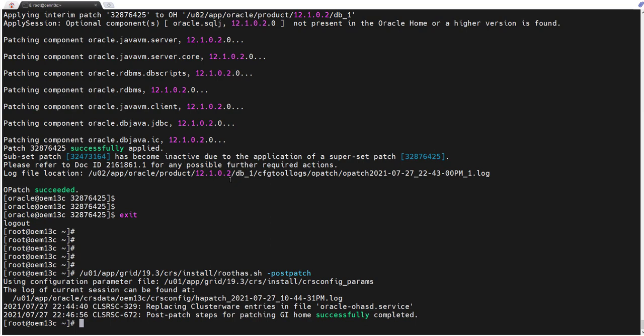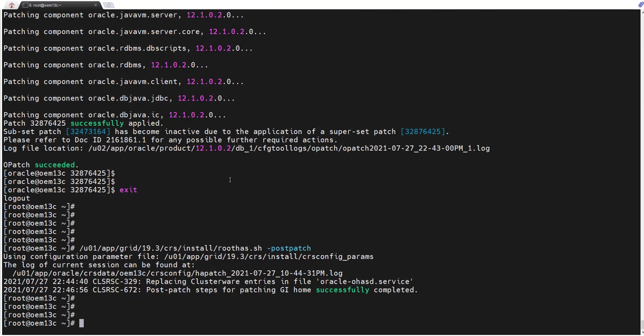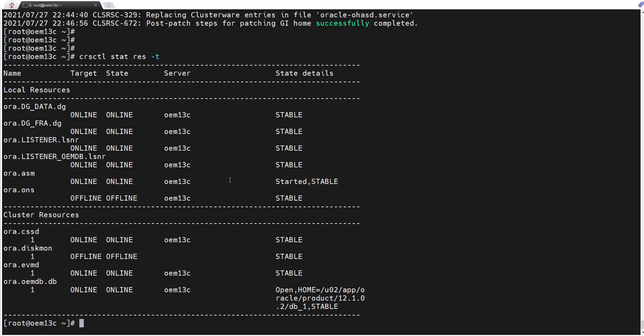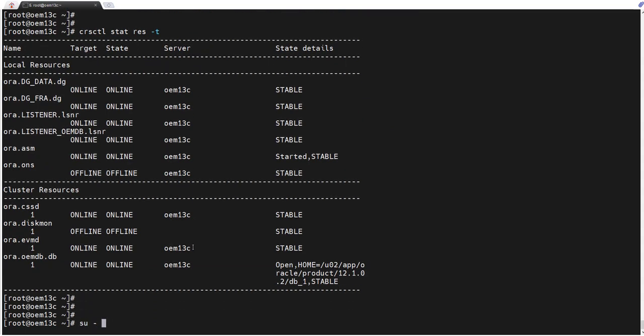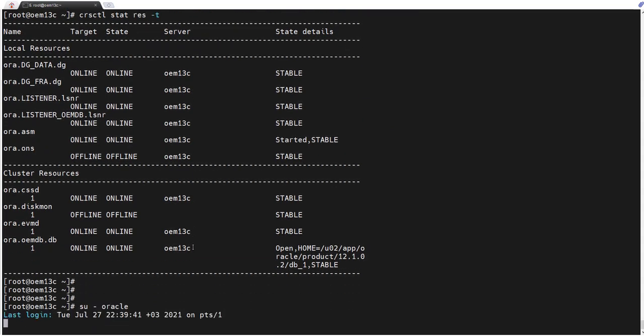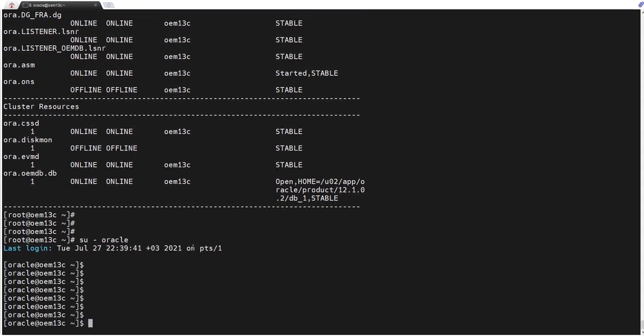Okay, post patch done. So we can verify that with crsctl stat res -t. You can see all resources are up. Now for the post installation step, we need to start up the database in upgrade mode.